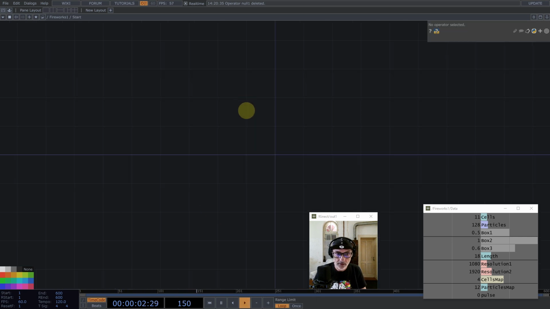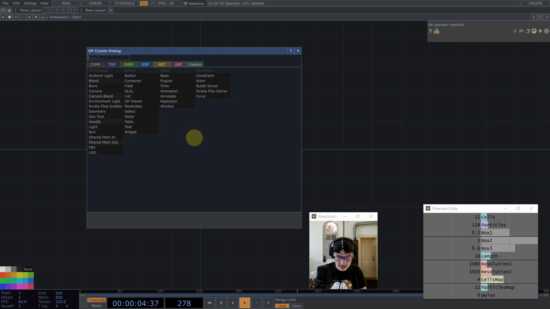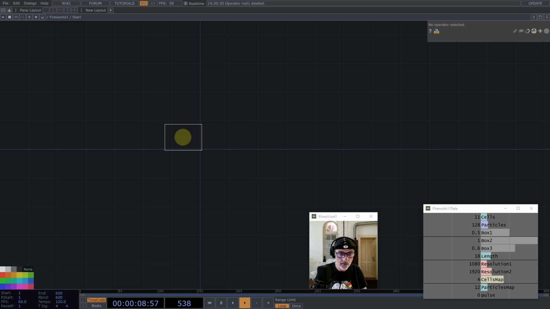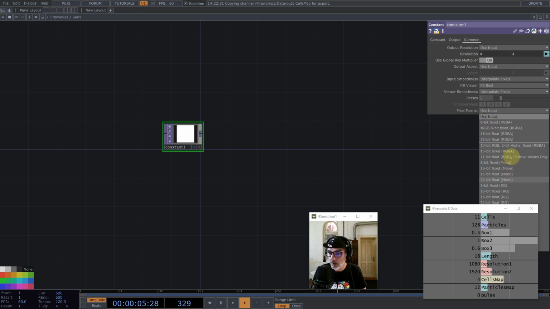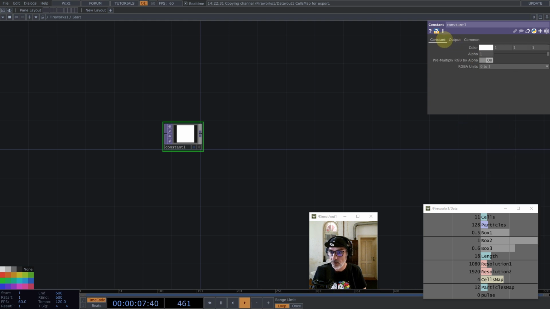Let's go inside, and inside I want to have a constant, which is actually this resolution, 32 RGBA. A is 0, and here I would like to have the middle of the box for the X and Z, and the upper side for the Y. So I will drag like this,